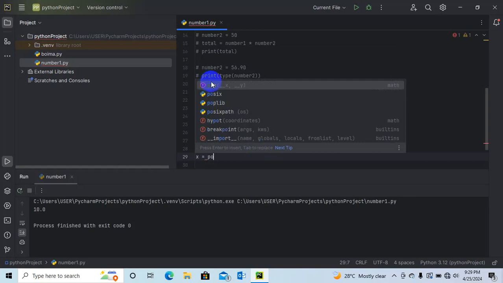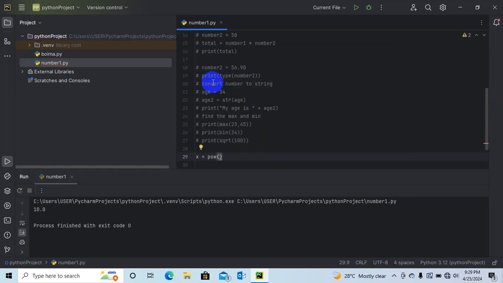So you have pow for power. Now I need to say 4, comma, space, 3, so 4 raised to the power of 3. This is what I'm saying.